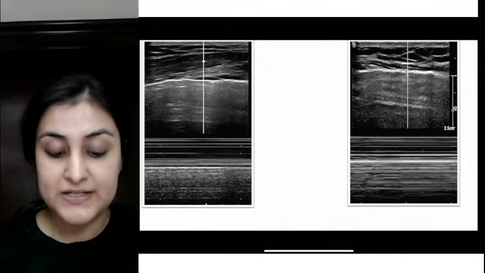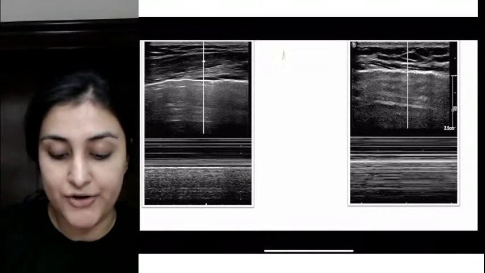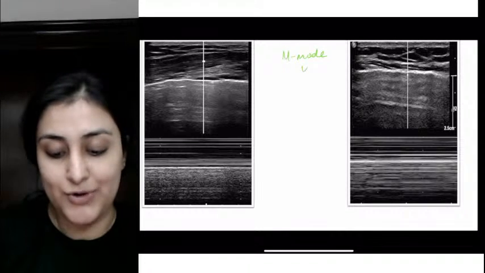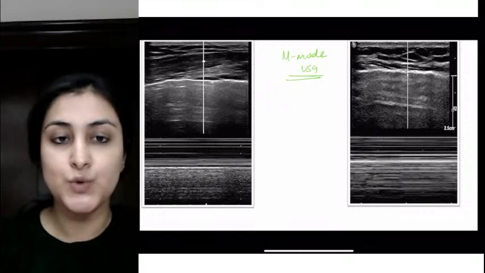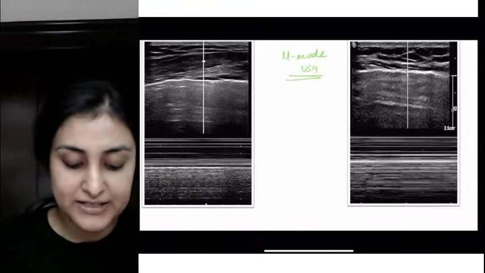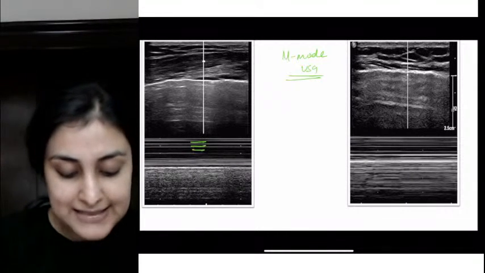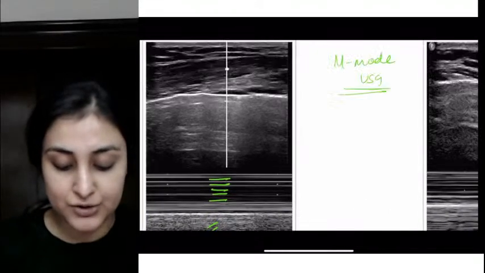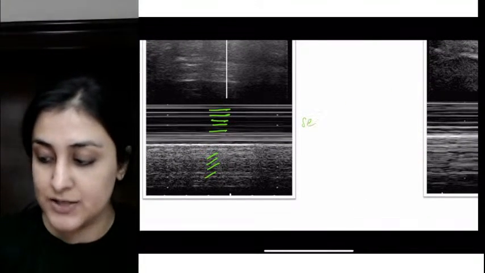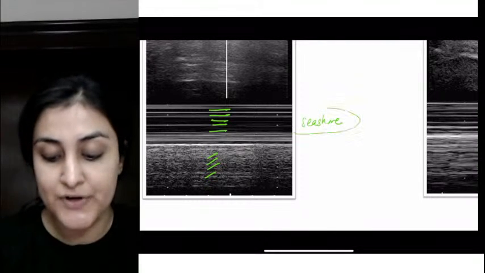What are we having? What is the modality? I am showing you ultrasound, M mode ultrasound, right? So again, for pneumothorax in EFAST, we frequently use M mode ultrasound. What is the first M mode image showing? Lines, lines, lines, and then beach, beach, beach. I am seeing a granular sort of appearance. This reminds us of the beach, of the seashore.